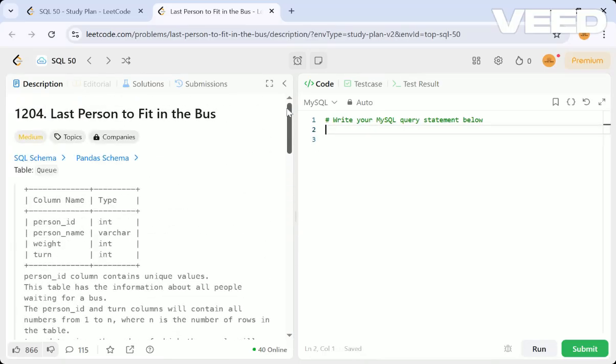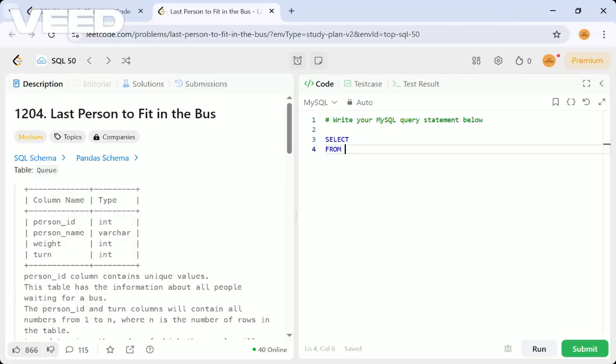Let's see how we can solve this by writing a query. This can be solved in different ways. As I said, the same problem can be solved in different ways. This is a simple select from, and I'm starting from the Q table. From the Q table we have to do everything. Now I want to solve this using an inner join.